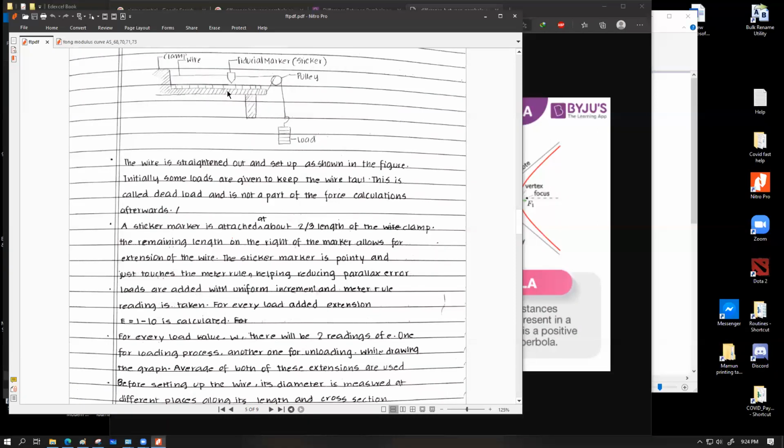We're going to take that reading from the meter rule, and by subtracting the original length from that new reading, we should be able to get